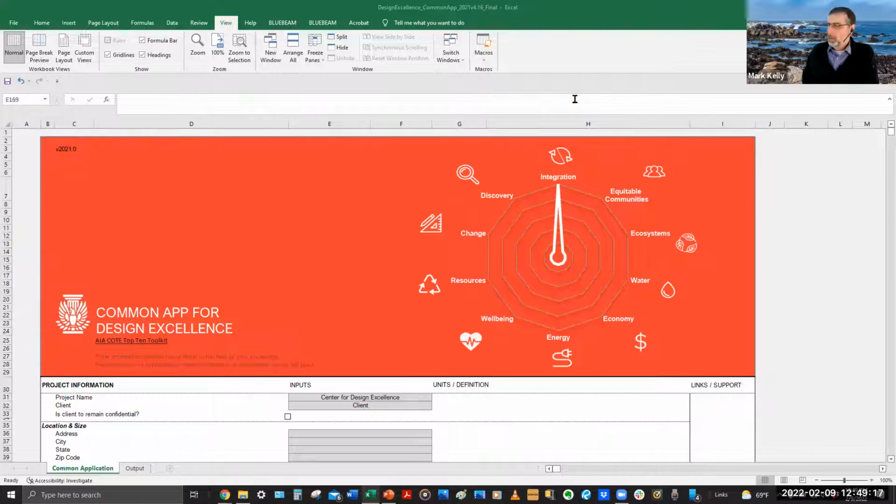I would say that if it is just an interiors project, it would be less applicable to ecosystems and water. They're not necessarily mutually exclusive, but if it was not a primary driver within the project, then I would suggest that part of the response is that this is not applicable